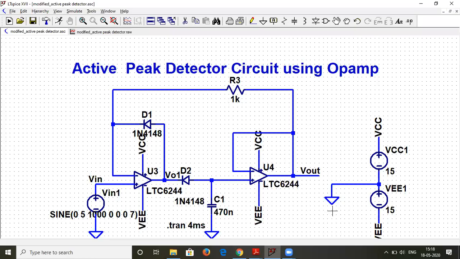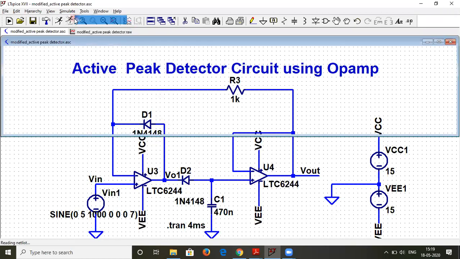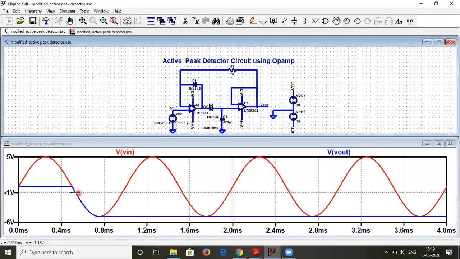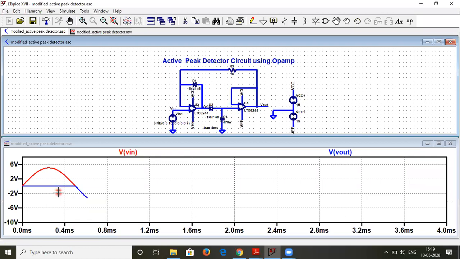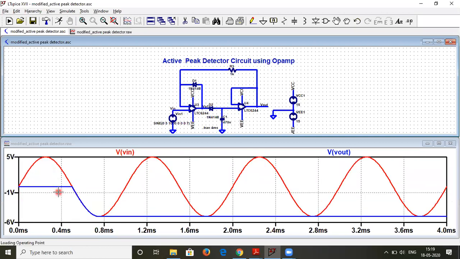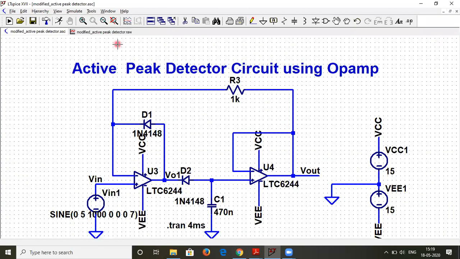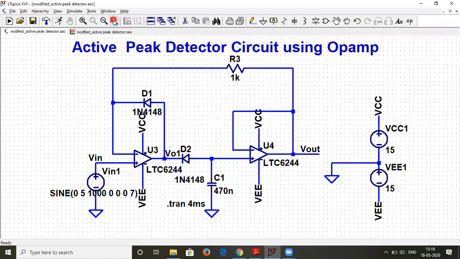As mentioned before, just by reversing the polarity of the diodes as we have done over here, we can detect a negative peak. So let us run this. As you can see, the circuit is now simply detecting the negative peak of the input signal. So it's very simple and intuitive. You all can also try this in LTspice and learn the concepts in a better way.